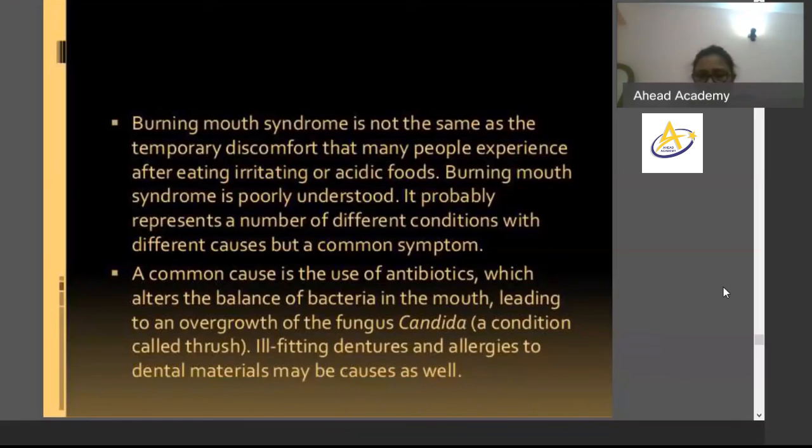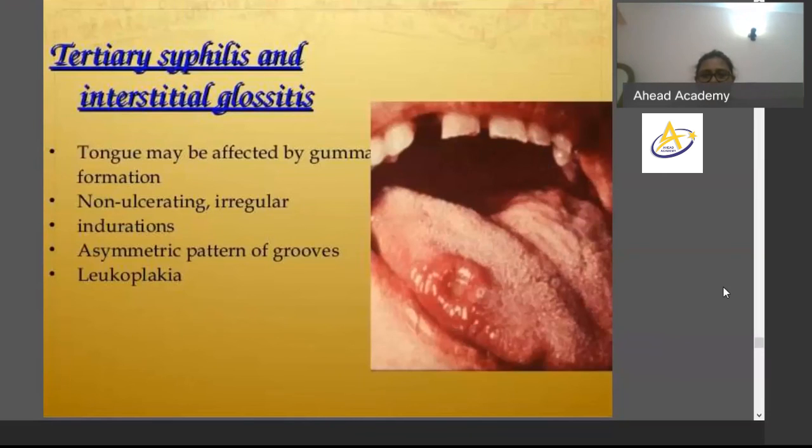Moving on, tertiary syphilis and interstitial glossitis. Tongue may be affected by gumma formation. It is a non-ulcerating, irregular induration. Asymmetric patterns or groups are present. It may be accompanied by leukoplakia. Moving on,